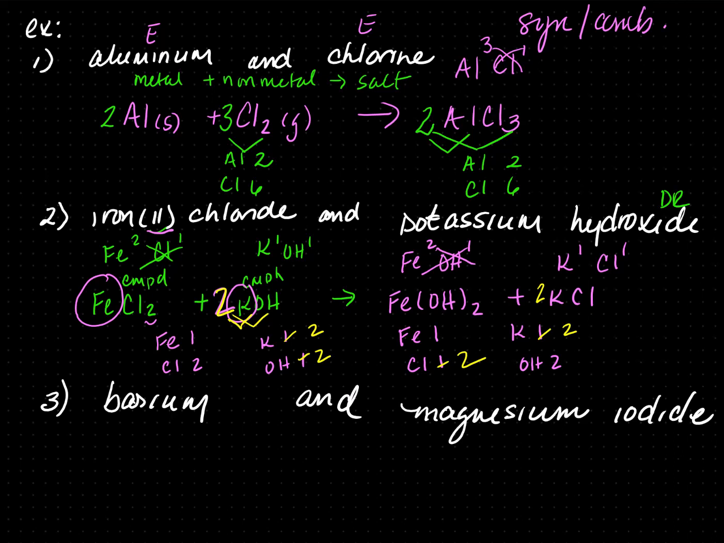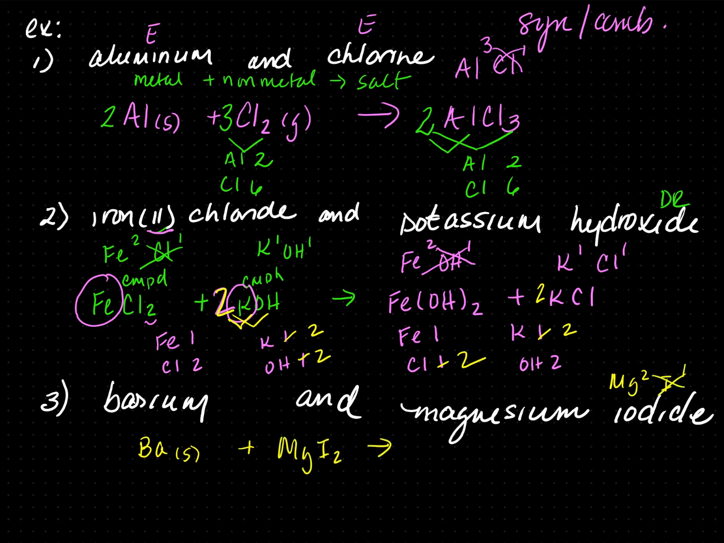Number 3, we have barium. Barium by itself, it's black on the periodic table, so it's a solid, plus magnesium iodide. Magnesium is a metal, so I need to find its charge. Mg charge is 2. I is 1. Crisscross. So this is